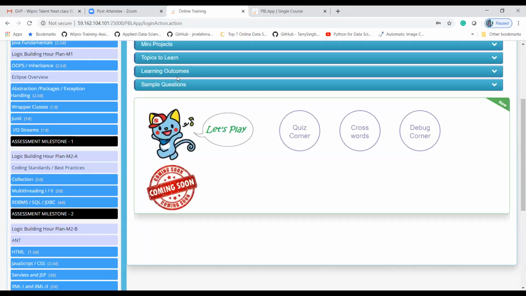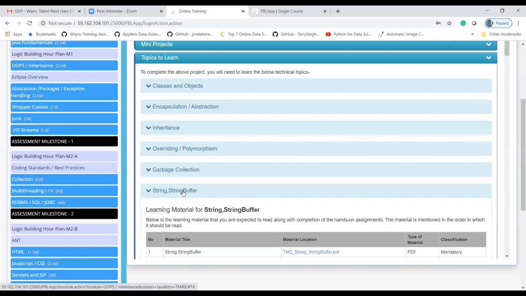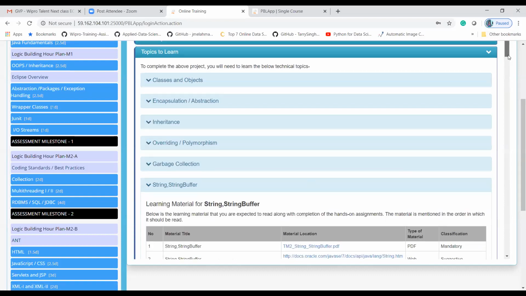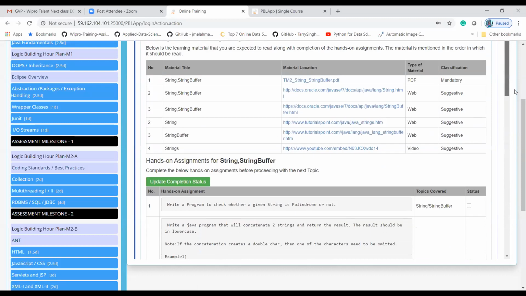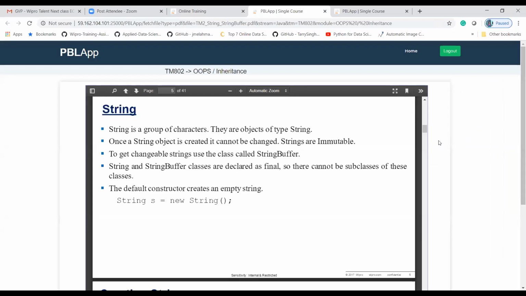I am moving to the string topic. What is a string? A string is a group of characters.